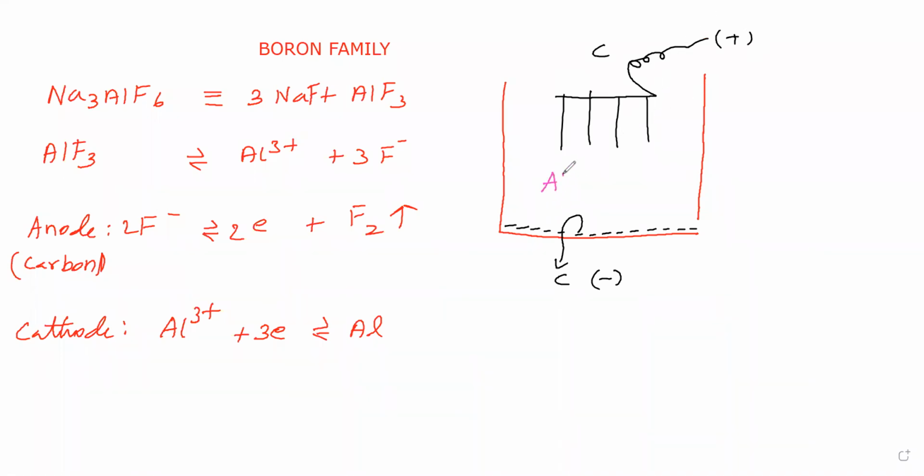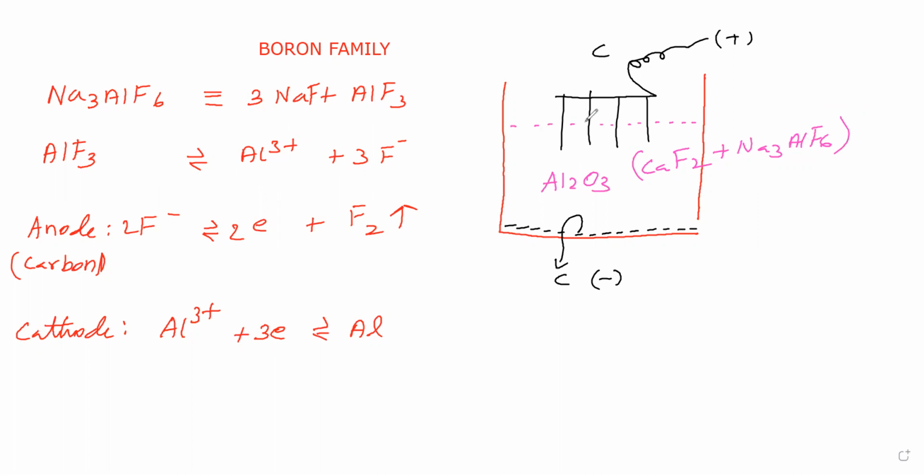Here we are taking molten Al2O3, which acts as the electrolyte. To raise the conductivity and lower the melting point, CaF2 fluorspar is added and cryolite Na3Al(F6) is added. This cryolite is nothing but two simple salts, NaF and AlF3. This AlF3 ionizes to give aluminum ion and F minus ion. F minus goes to this anode and becomes F2.